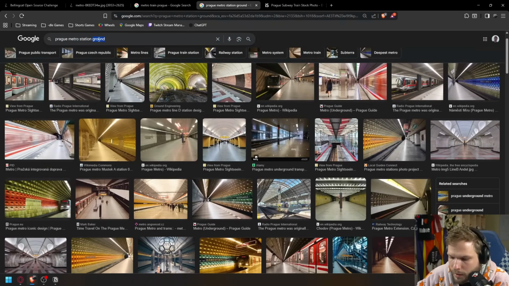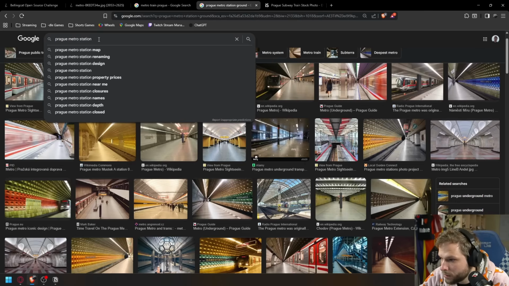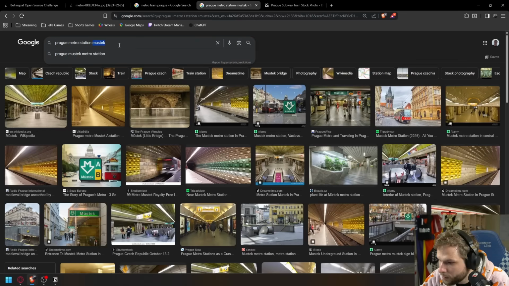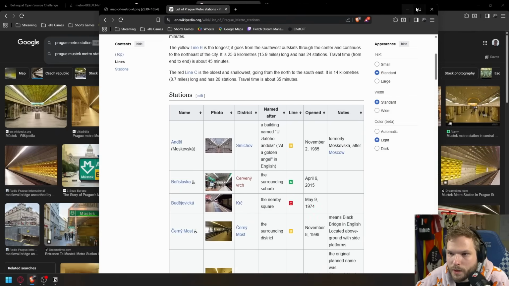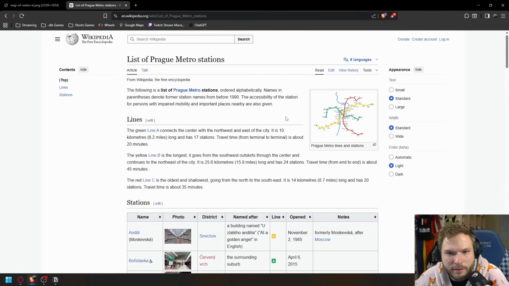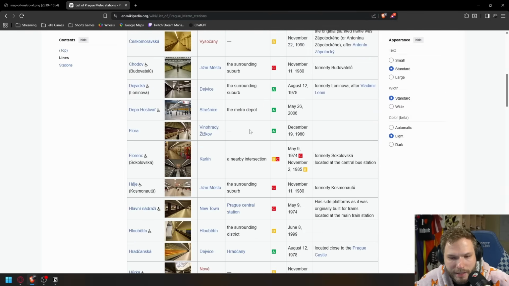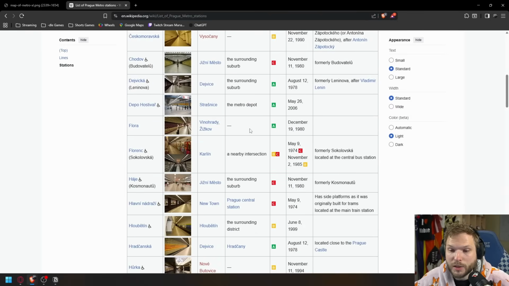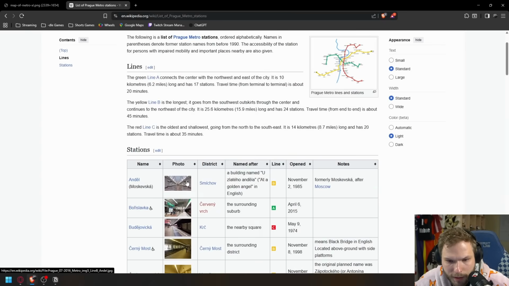Prague Metro Station. Let's start kind of from the center and move outside. Mustek. No. I should probably find a list where I don't need to type all these words, otherwise that will be bad. Okay, I'll go through them. Wait. I was ready to go through them, but there's a Wikipedia list, and it has pictures. It has pictures, so we can